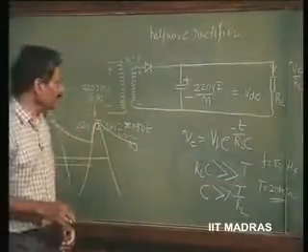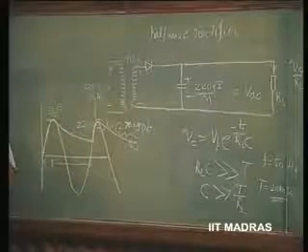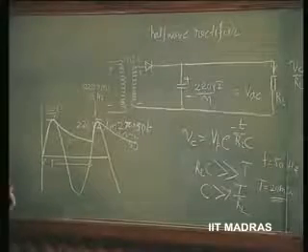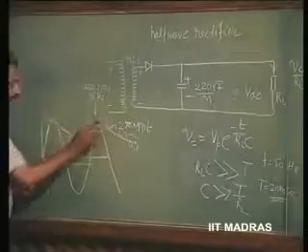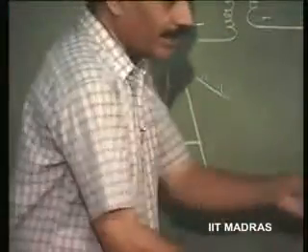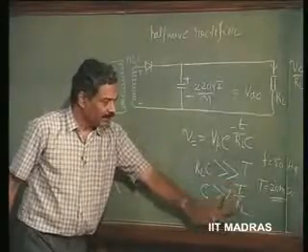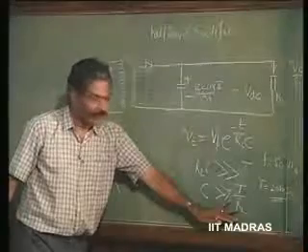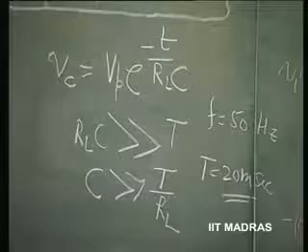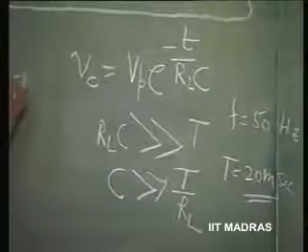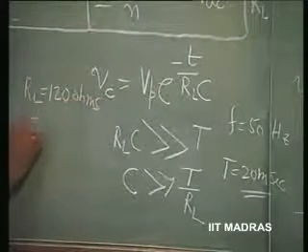So, let us now see how much discharge is going to occur. If the discharge is going to be extremely small, let us see how it looks. Let us now see a situation where I have done my design very nicely, taking care to see that T is 20 milliseconds, RL is 120 ohms or so, and C is made much greater than whatever I get there. Let us do that. For that, RL is equal to 120 ohms, T is 20 milliseconds.